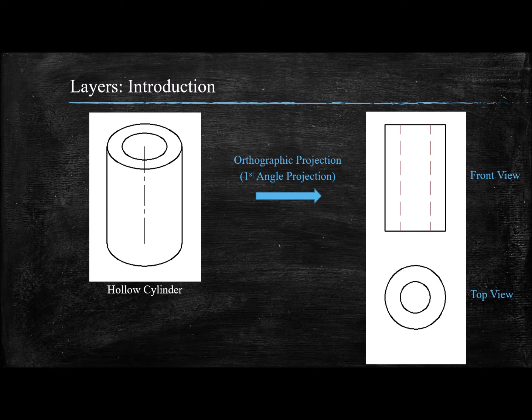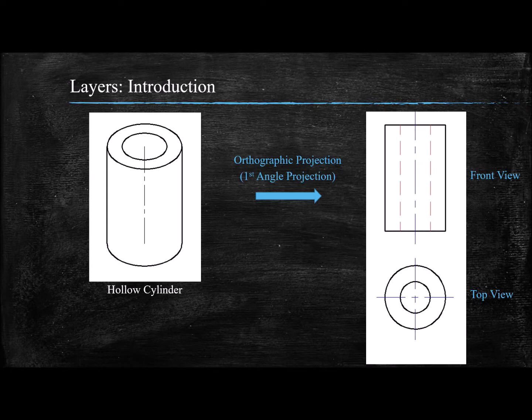We can still further improve this drawing by incorporating center lines. As you can see here, in the top view, two perpendicular or orthogonal center lines, which are represented as chain lines or long dash, short dash lines, are drawn, and their intersection provides us with the center of this cylinder. Whereas in the front view, we have incorporated a vertical center line that provides us with a plane of symmetry.